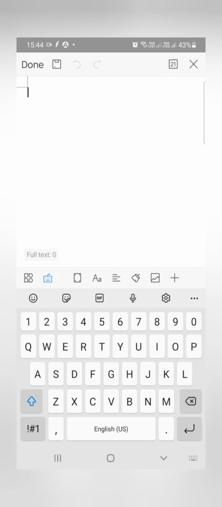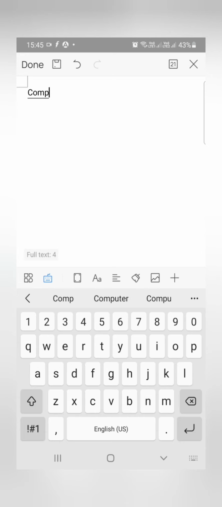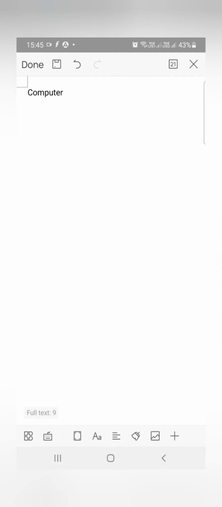Once you click on the blank document, the document will be opened. Then you can type anything. Like I have typed computer. Now let us see how we can apply formatting to the text. For applying the formatting to the text,